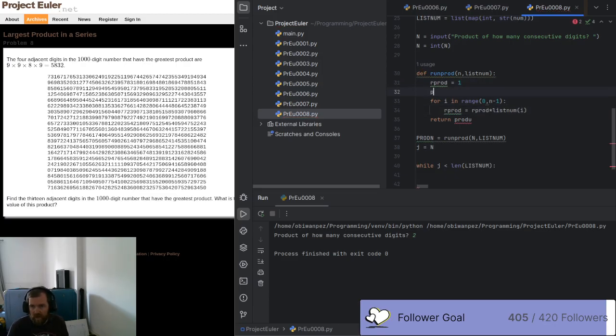We also want product to be equal to 1. And then we say if, nope. If after this for loop is done,